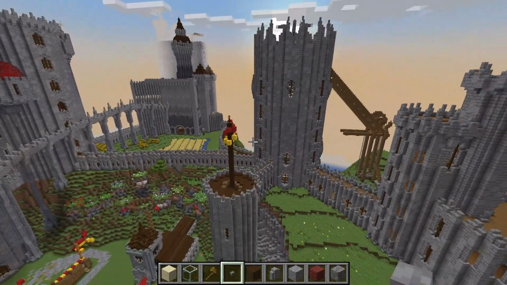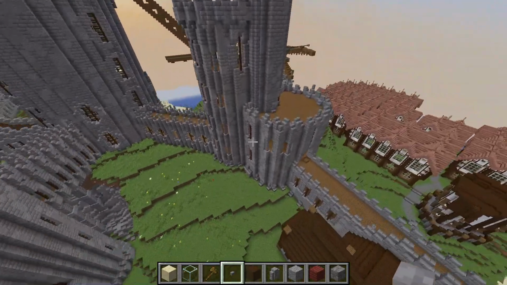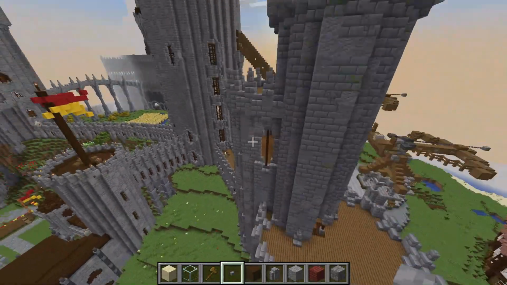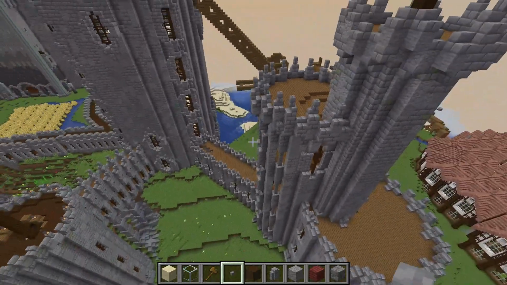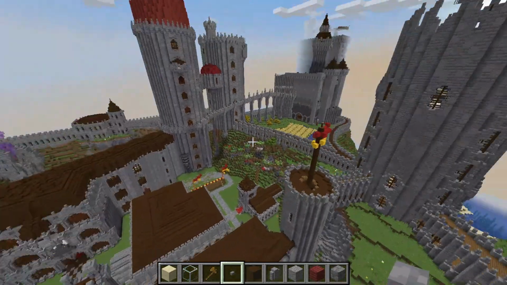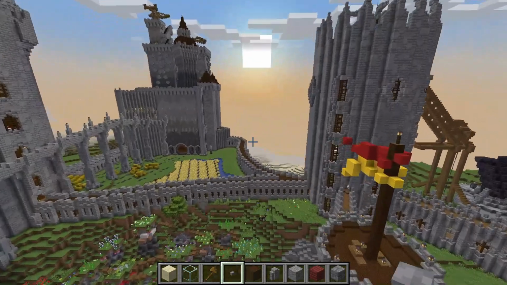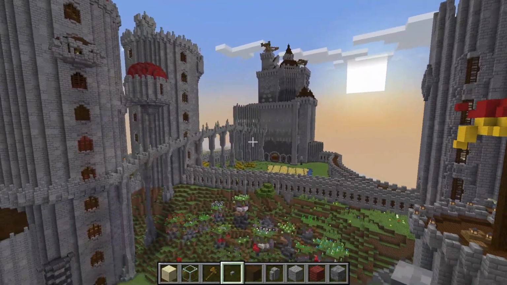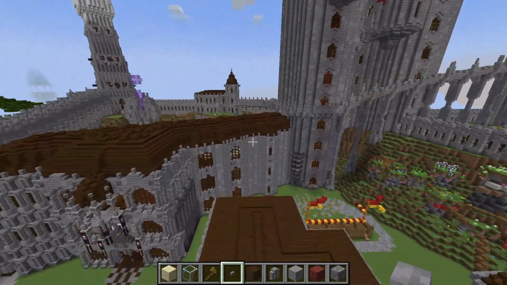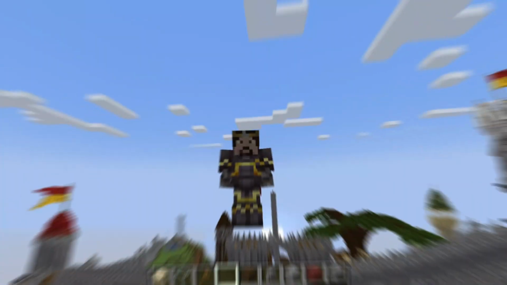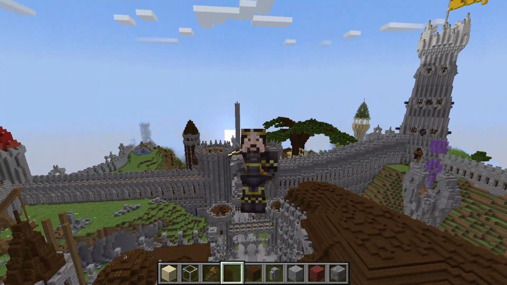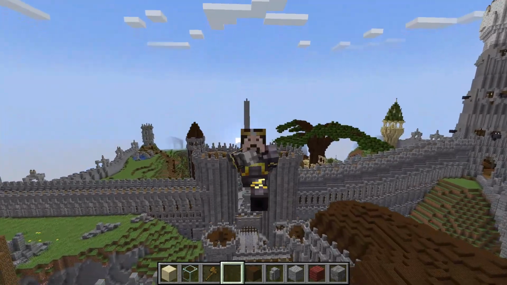And of course, if you want any different shaped towers, you could have multiple circles joined together like I've done here. Or if you're wanting some other shapes like hexagons or nonagons, and you're not really sure how to do that, because there have been castles which have 9-sided towers, I also have a tutorial where I showed you how to build the different shapes in Minecraft, which will be